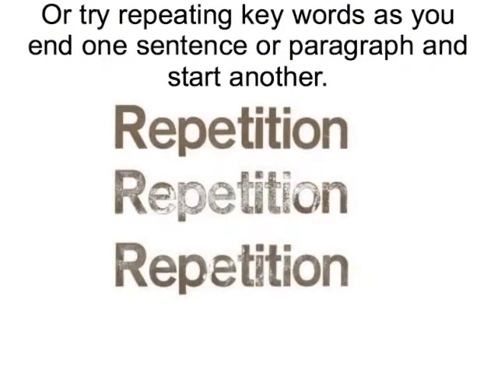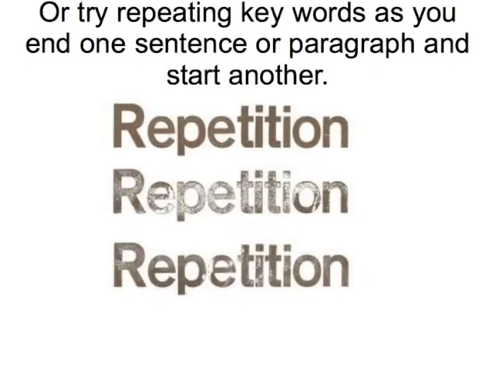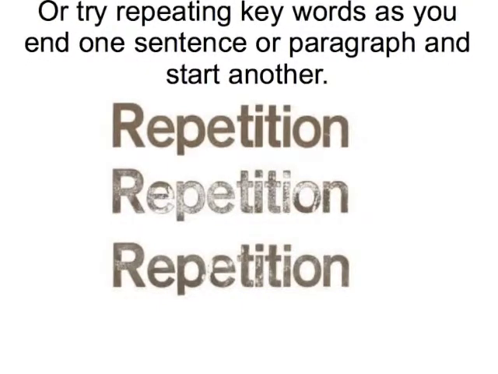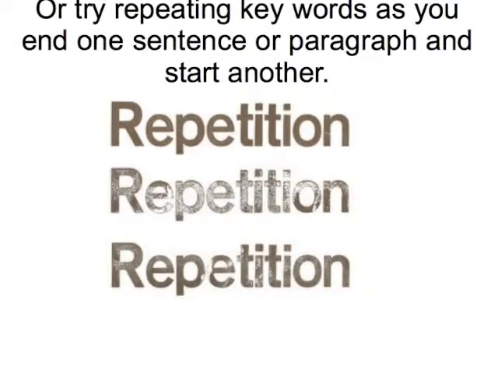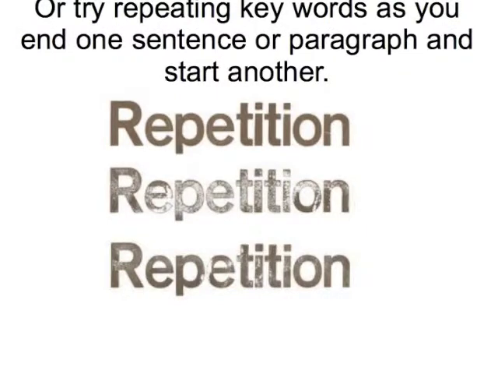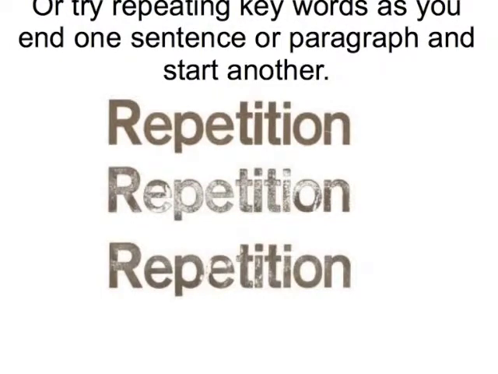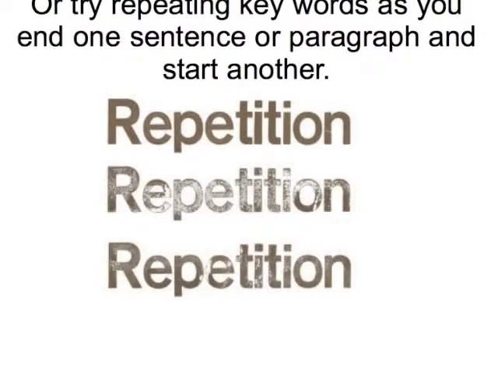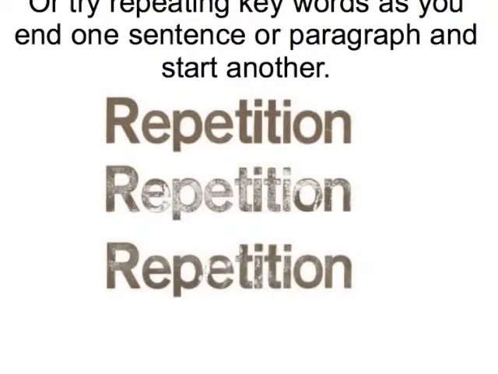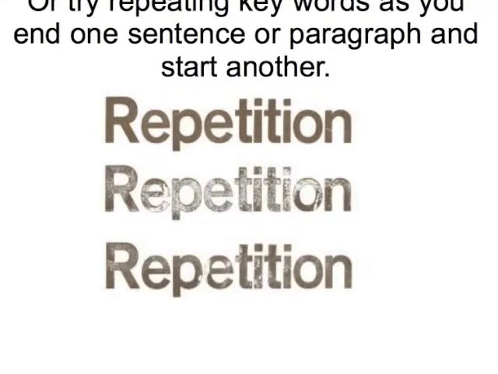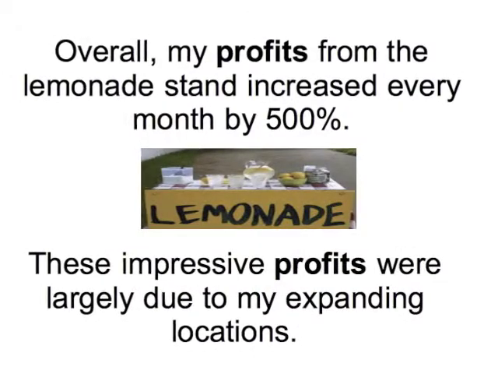You can try repeating key words as you end one sentence or paragraph and start another. The key to producing good transitions is highlighting connections between corresponding paragraphs. By referencing in one paragraph the relevant material from a previous one, writers can develop important points for the reader. It's also a good idea to continue one paragraph where another leaves off. By picking up key phrases from the previous paragraph and highlighting them in the next, it can create an obvious progression for readers. Here's an example.